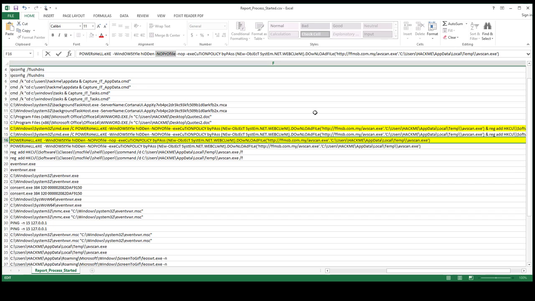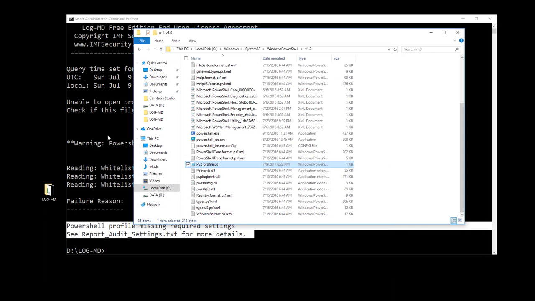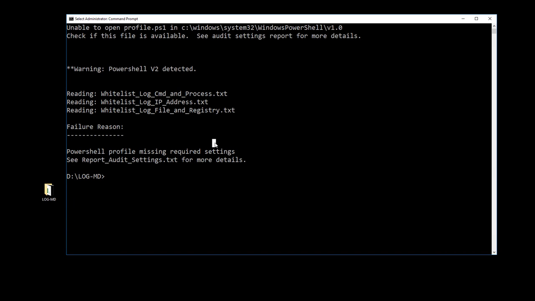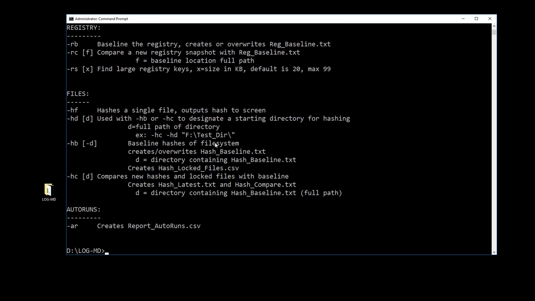So even though we're requesting you to set it because it's good practice, because you never know when they might not type this and you'd get some good command line logging out of it, most of the time they're going to bypass it because they don't want your profile to execute when they're launching their malware. And so LogMD will fail, but we do give you an option. If you type in logmd -h,